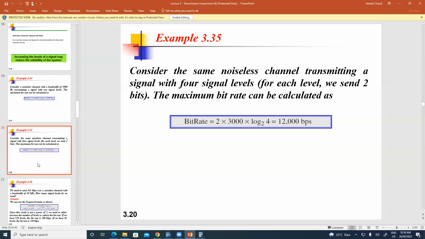This one is again on a noiseless channel. So whenever it's talking about a noiseless channel, we need to think of Nyquist bit rate. Transmitting a signal with 4 signal levels. For each level, we need to send 2 bits. The maximum bit rate can be calculated as